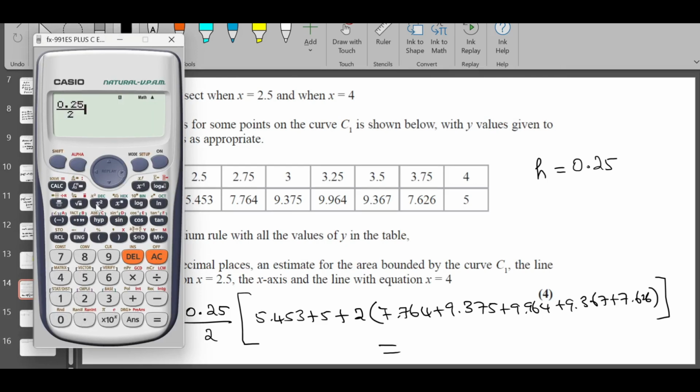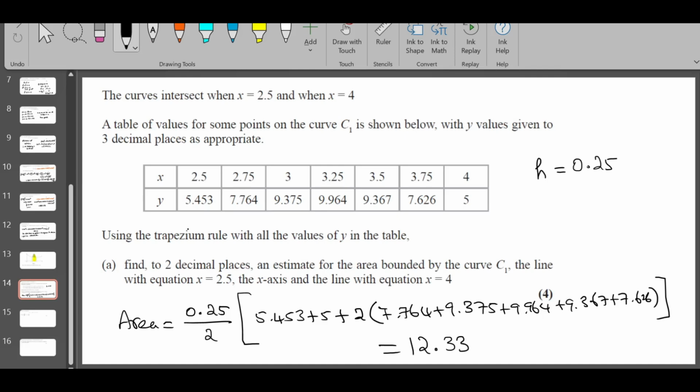0.25 over 2 times, open the bracket, 5.453 plus 5 plus 2 times, I'm going to open the bracket a second time, so I need to close it at the end. 2 times the sum of the rest of the values, 7.764 plus 9.375 plus 9.964 plus 9.367 plus 7.626, close the bracket again. They want the answer to 2 decimal places, so